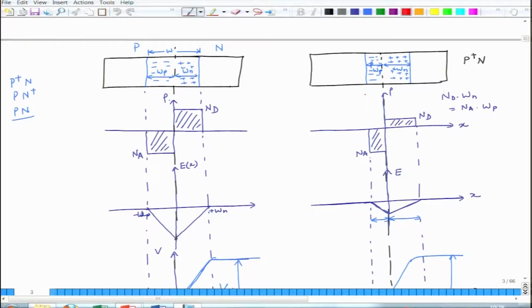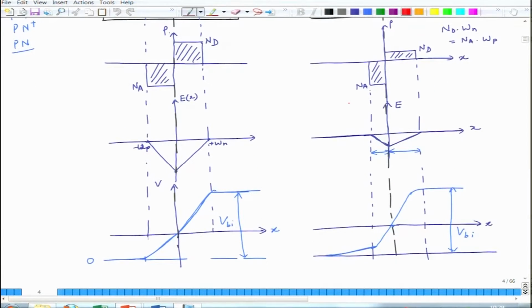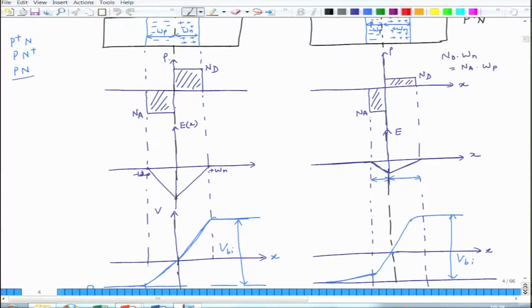being more heavily doped as compared to n side, and this has repercussions on the charge density on both sides and the width of the depletion region. So the depletion region is equally wide in n and p side if both are equally doped. However, the depletion region is narrower in the case of a heavily doped semiconductor than in the case of a lightly doped semiconductor. However, you have to maintain the relations of charge neutrality on both sides. So as a result, you have Nd into Wn is equal to Na into Wp.